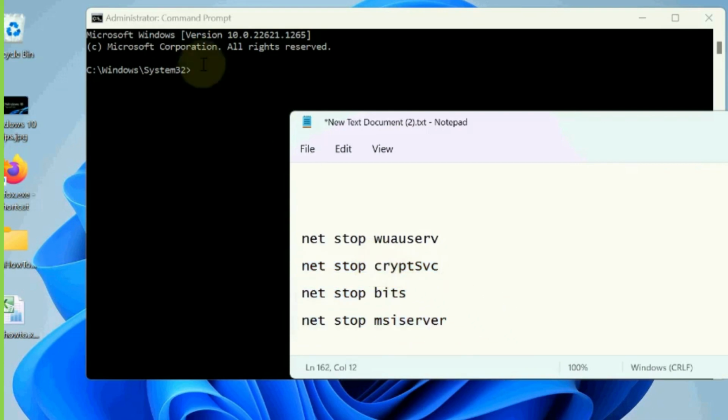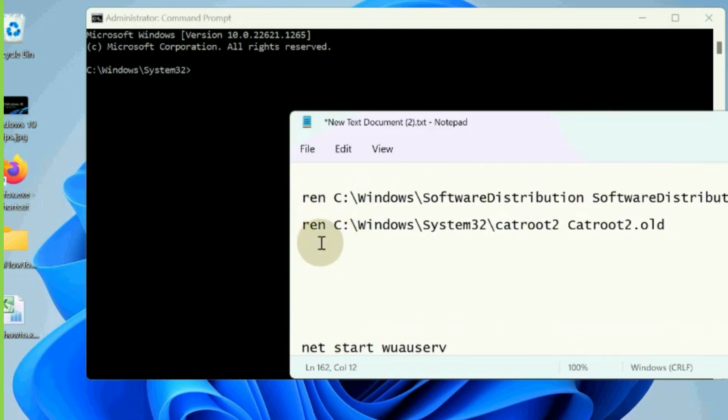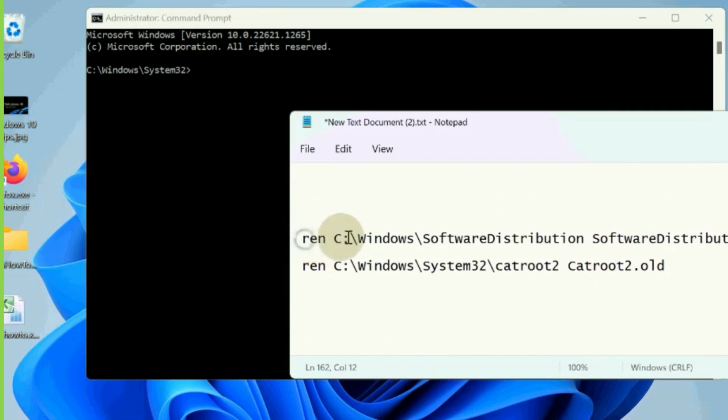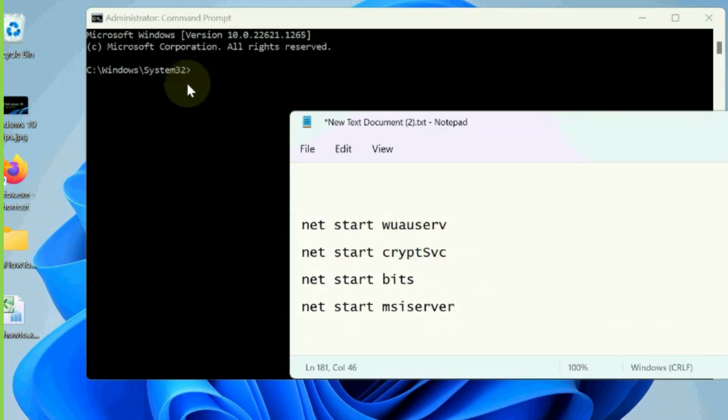Once all these 4 commands are executed, then execute these 2 commands one by one followed by enter key. All these commands will also be available in my video description. You may copy from there. Once these 2 commands are executed, then again execute these 4 commands to start the services. Recently you have stopped them, now start them and check whether your Windows update error